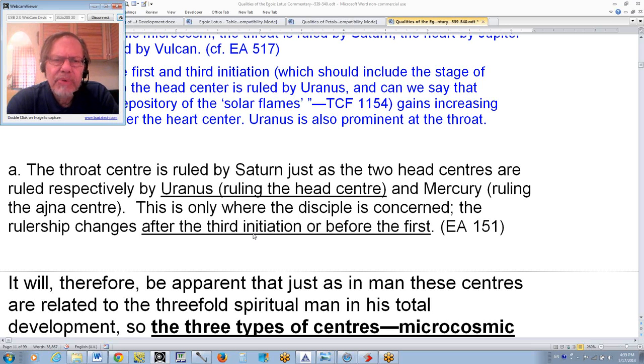Suffice it to say, we keep moving upward towards synthesis, and there are ways of dividing the head center. The head center contains everything, so we can find all three aspects and all the synthesizing planets there at a certain time when the man is being ruled entirely from the head center. Vulcan could be considered as ruling the 7 centers within the head, and Vulcan is also associated with the heart of the sun, which is like the heart and the head of the highest head center, but Neptune belongs there as well, and Neptune belongs at the ajna center, and Uranus